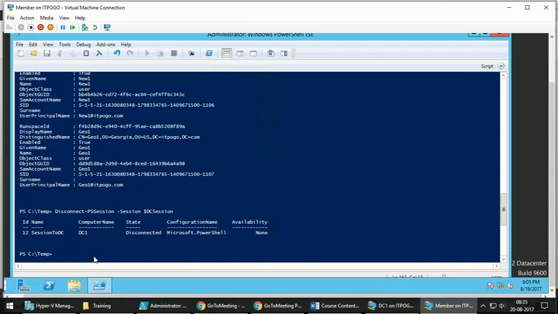Okay. So which one do we prefer usually? What I mean, you deal with a lot of production systems, right? So which one do you usually use? See, if it is something which is not going to put much of the load on the target machine, then I would prefer invoke command.